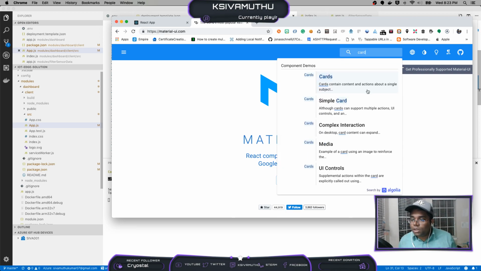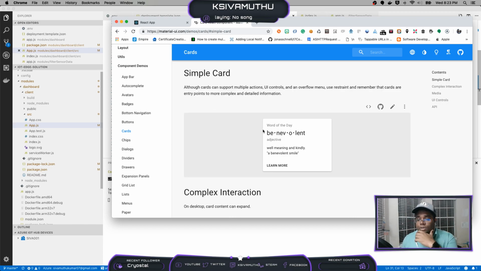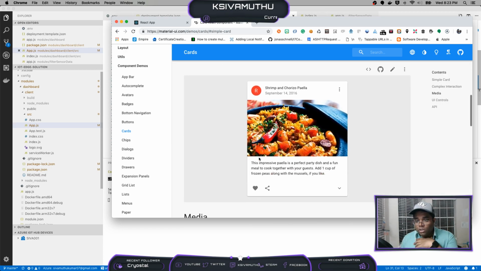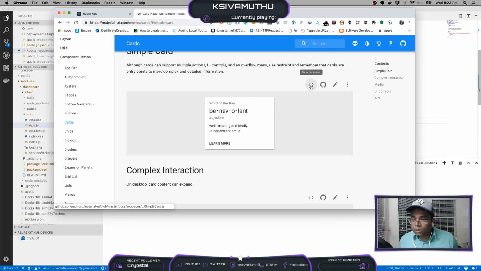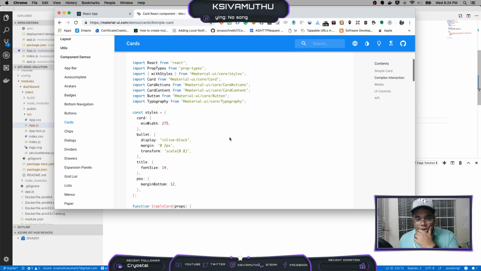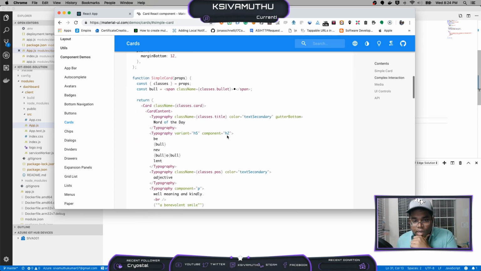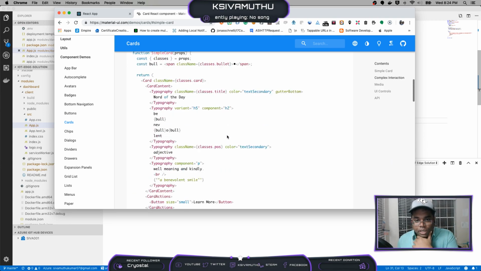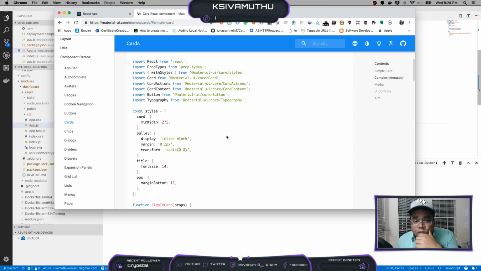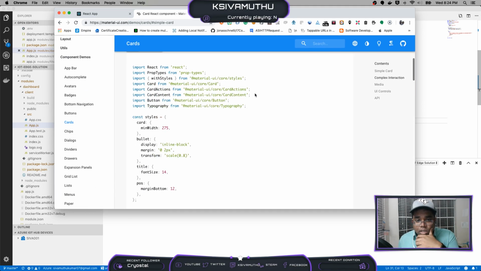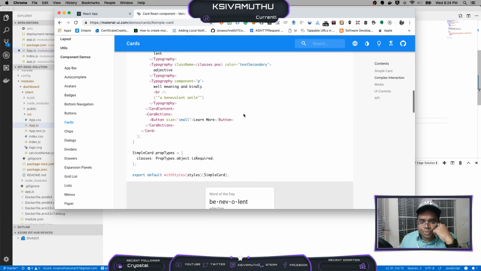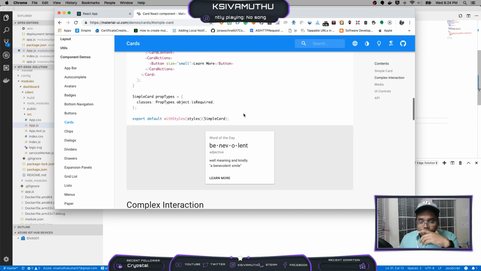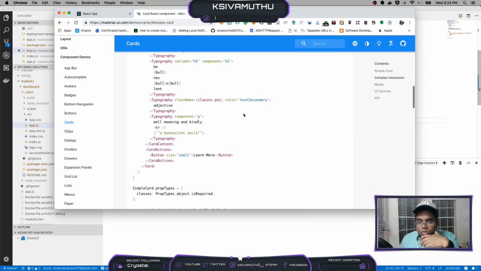I am planning to use a simple card. So I'm just looking for some widget kind of stuff, so that we can design this card to show the temperature in a big font, so that it would be showing that in the card view. So let me see the source code here. What they are doing is they have a separate component, and in that component they have the card content, button, typography. So they are using this one here with styles and simple card. Okay,